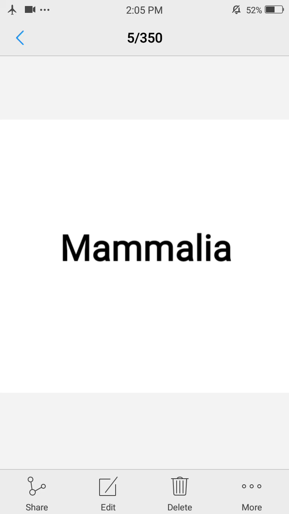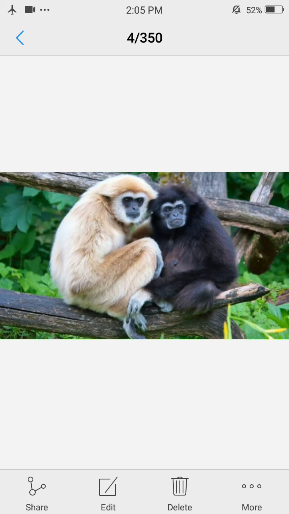Most mammals are viviparous. They give birth to young ones. The mother suckles her young ones on milk secreted by special glands called mammary glands. This is also a very important feature of mammals, the mammary gland, which secretes milk, and mothers can feed their babies. These are viviparous, and the development of their children is intrauterine, means internal fertilization takes place and the whole organism develops inside the body.